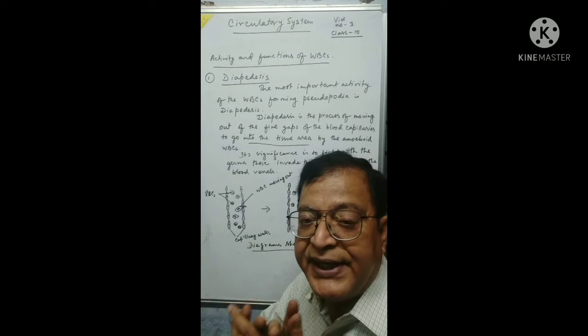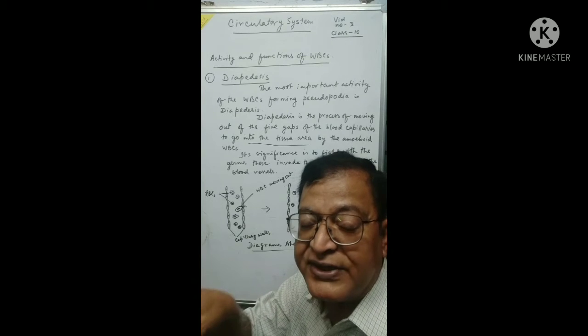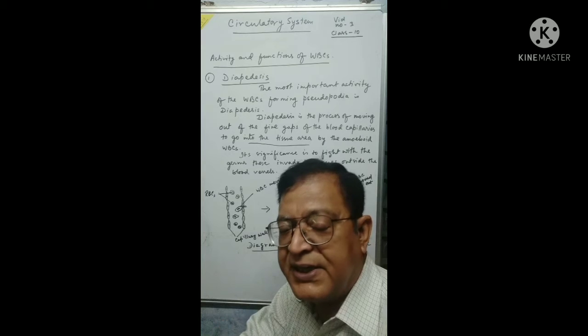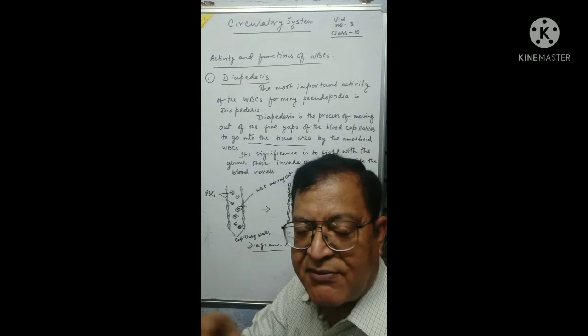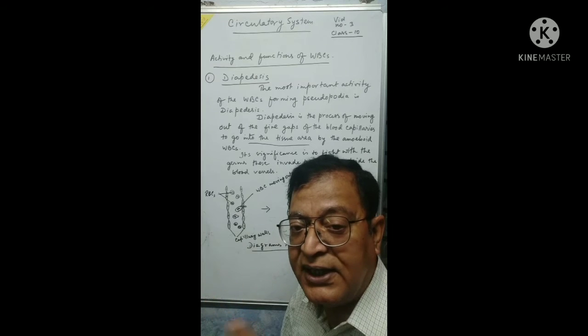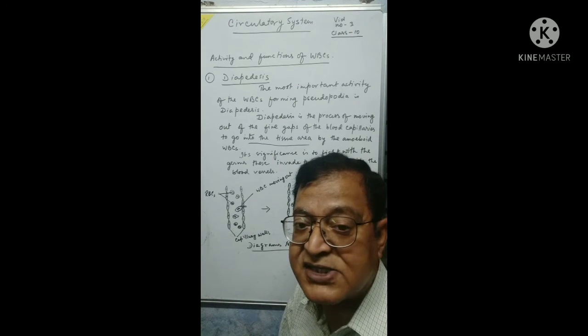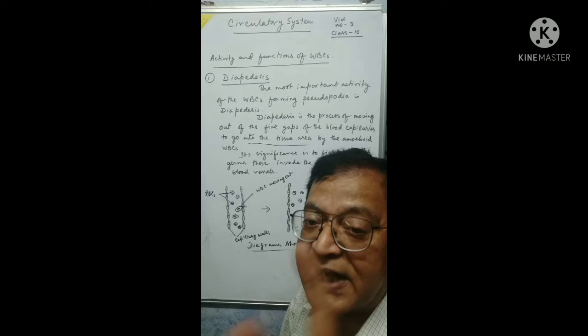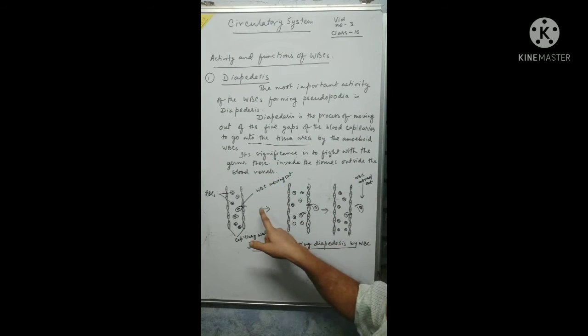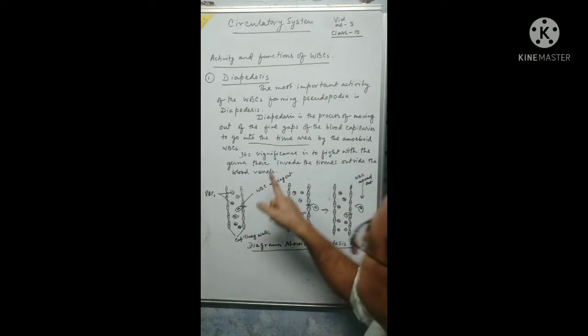And why are they doing it? Because they have to fight the germs over there. Not all the germs come into the blood vessels. Some of them attack the tissue. So to save the tissue of the body, they come out of the blood vessels only through the fine gaps of the capillaries. This is the diagram showing the process of diapedesis.